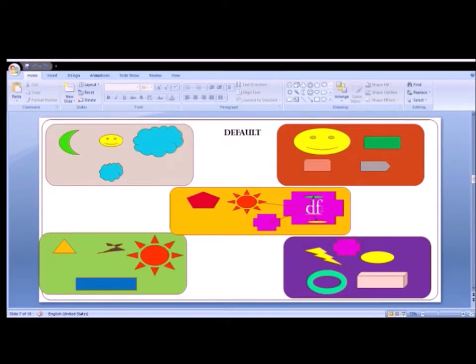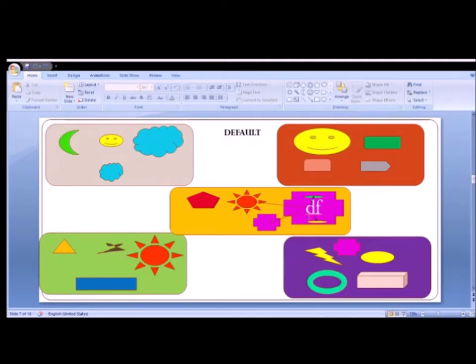Let us see the default variable behavior. Here df represents a default variable. It is accessible by methods present in the same class. It is accessible by the child class. It is also accessible by a non-subclass present within the same package. However, a default variable is not accessible by any of the classes present outside the package.